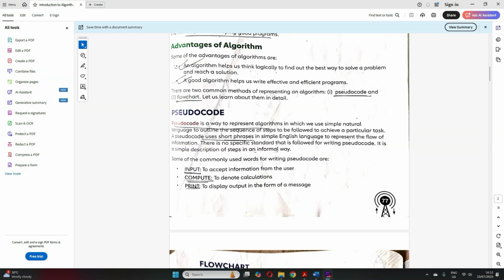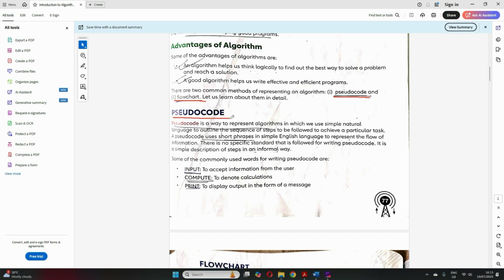Algorithms can be represented in two forms, two methods basically. One is pseudocode and another is flowchart. Now let's try to understand what is pseudocode.